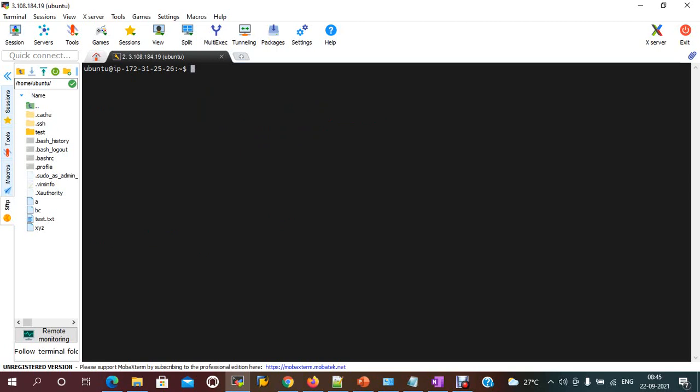Now the uname command displays information about the system. Suppose uname, it should show Linux. Hostname gives the host name details, and uname gives the system information. If you give uname hyphen a, meaning all, it will print the kernel name, the network host name, the kernel release, and the kernel version. This information will be displayed.